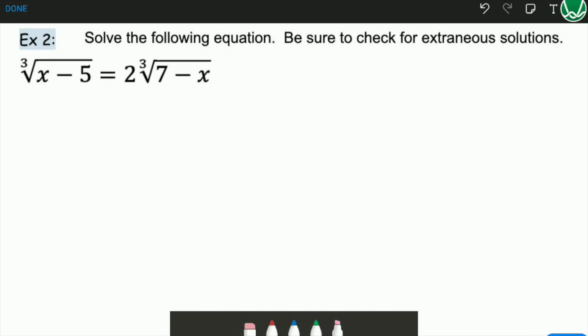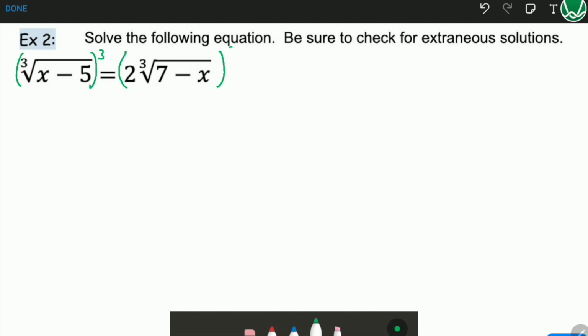Okay, in example 2, we're supposed to solve this equation. It's very similar to one of the ones that we did in the previous lesson. You'll notice we have radicals on both sides of the equation, with x occurring more than once. So one of the general methods when this is happening is just to get rid of the radicals first. Now, when we did this in the previous lesson, it was square roots. These are cube roots. So to get rid of a cube root, we are going to instead cube both sides